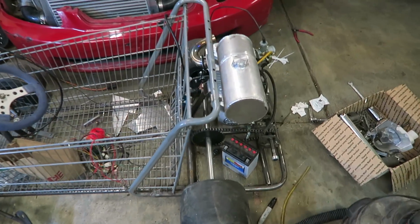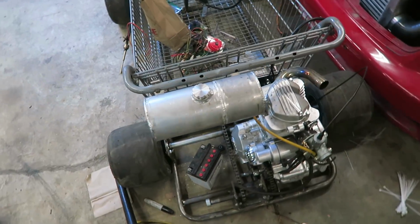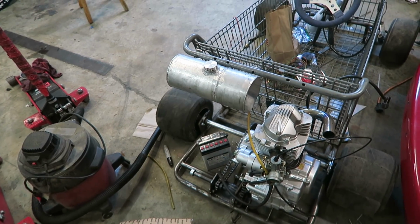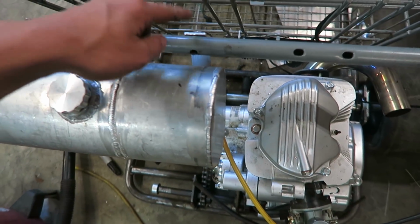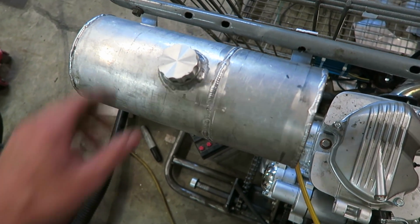Okay, so I'm picking back up on this video. I made this gas tank for the shopping cart go-kart about a month ago, and I'm just now getting back into it and finishing it all up. So I actually did make these tabs to mount it today. I just did that, and then I think I left off with just getting everything welded up, and I also